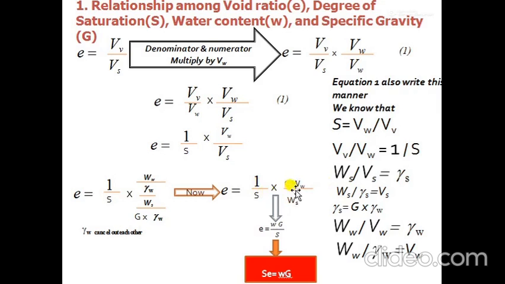Now we know that water content is defined as weight of the water to the weight of the solid. So e is equal to water content into specific gravity upon degree of saturation S. Now we cross multiply this equation: S e equal to wG. Finally we got this equation, S e equal to wG, which is a very important relationship. So guys,